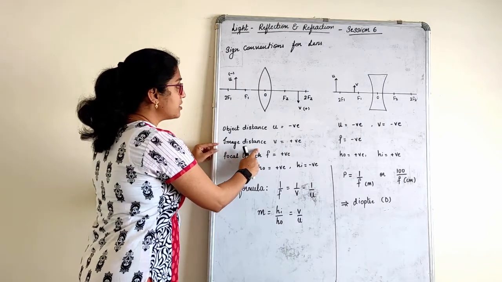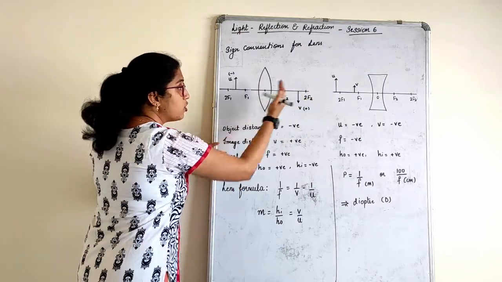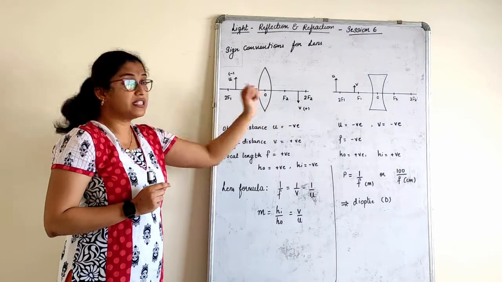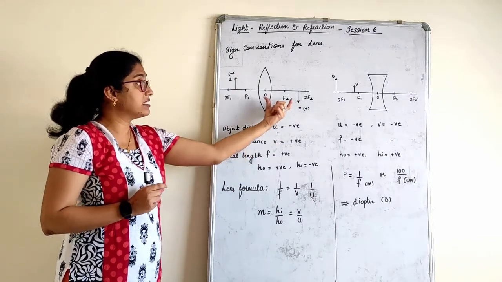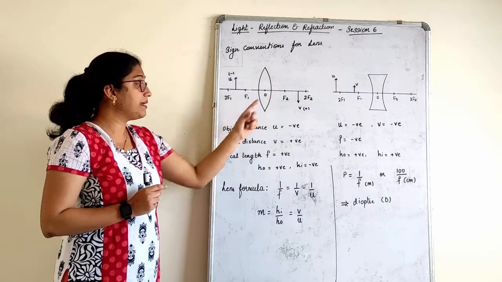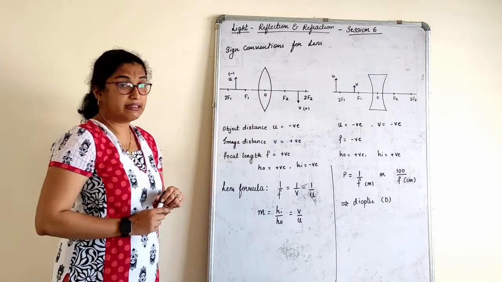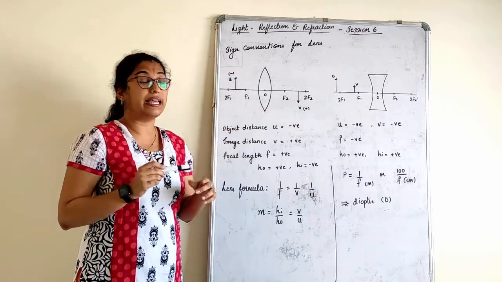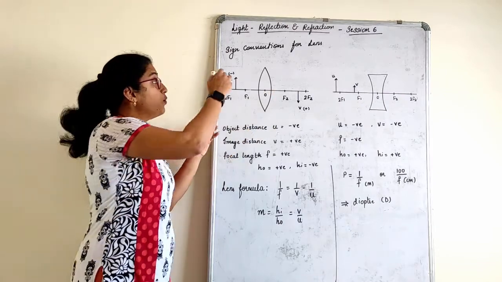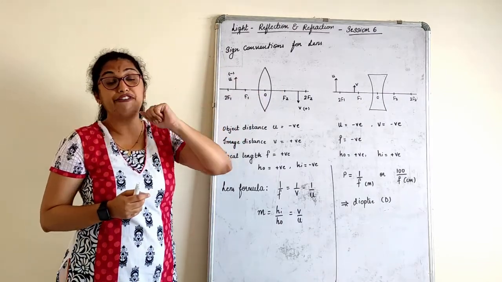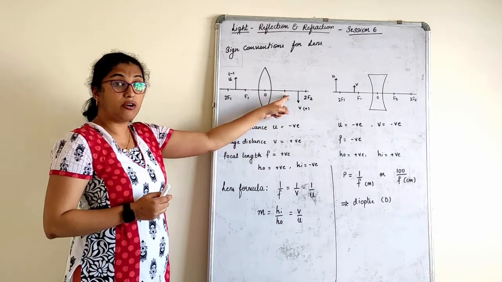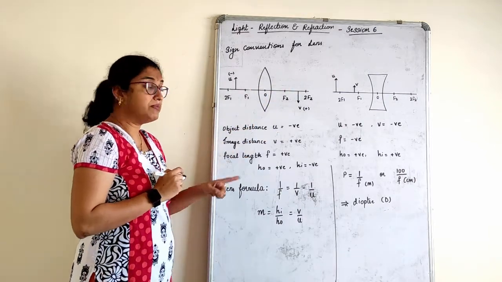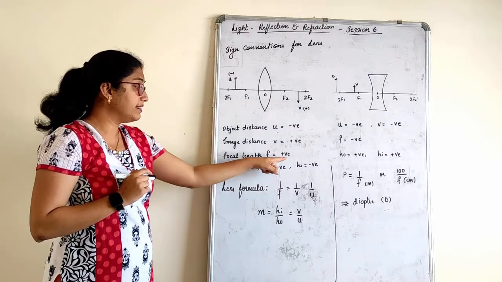Remember this. Image distance: where is the image formed? The image is always formed here. Only in one case we get a virtual image. Otherwise, if this is the image formed, the image distance, I am talking about distance, not the height, is positive. Focal length: of course, there are two focal lengths here, f1 and f2. But at which focal length will the image converge? The rays come and refract on f2, that is, the positive side. That means for a convex lens, the focal length is positive.